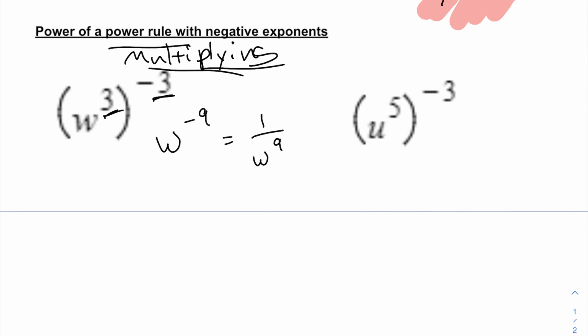Next one. On this one, it's the same idea. We have u, we're going to multiply our exponents. We get negative 15. Can't have